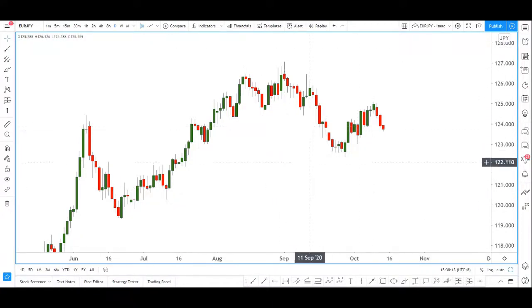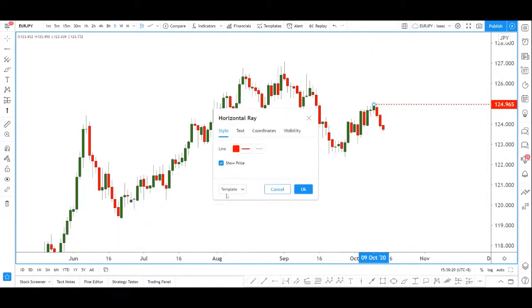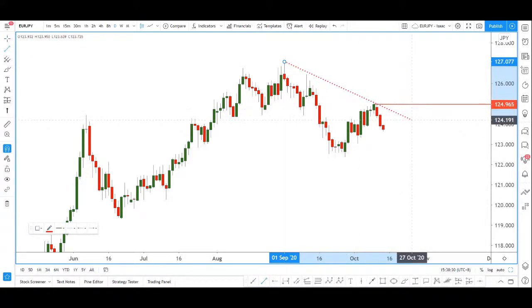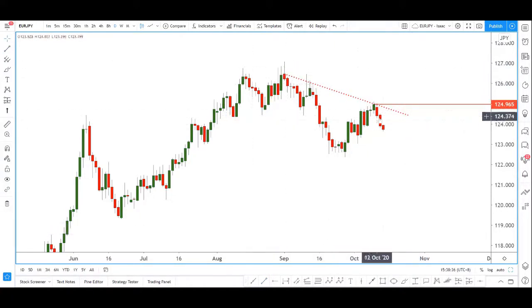What we have here, we can identify the resistance by looking at this level here. We know that this is a resistance because firstly it is the previous swing high. Secondly, I want to show you guys that this is actually holding right at a descending trend level. Even if I backed it down like that, to try to tap as many candles as possible without cutting the candle bodies, we see that